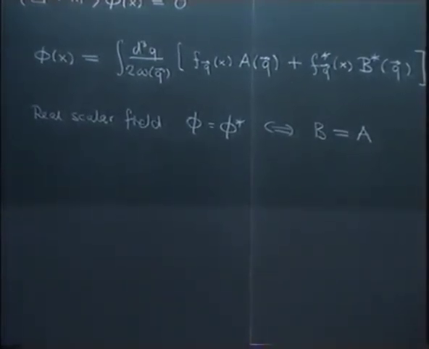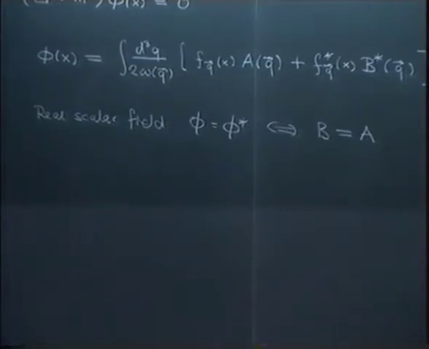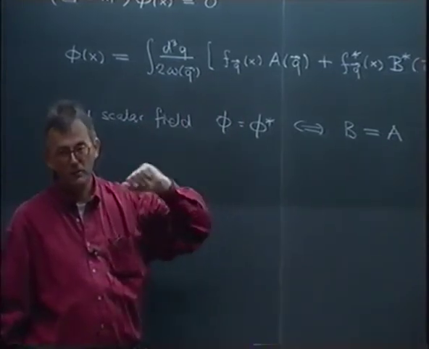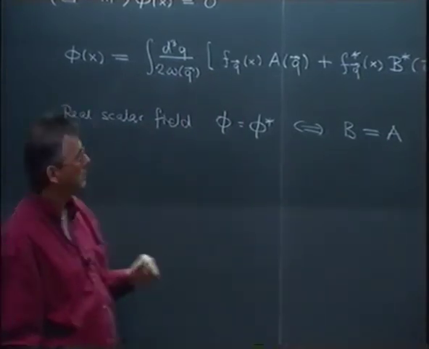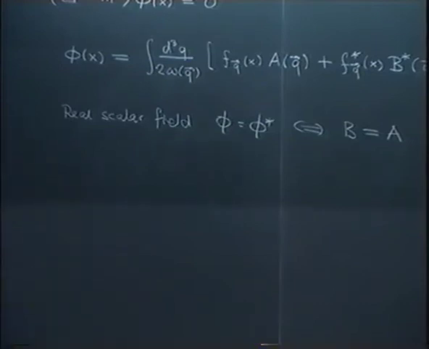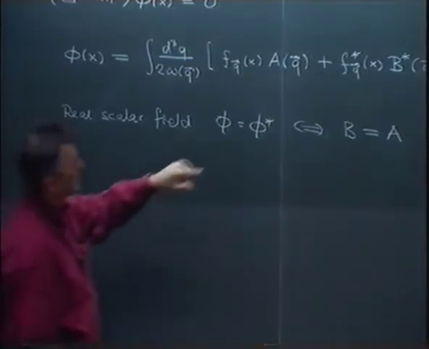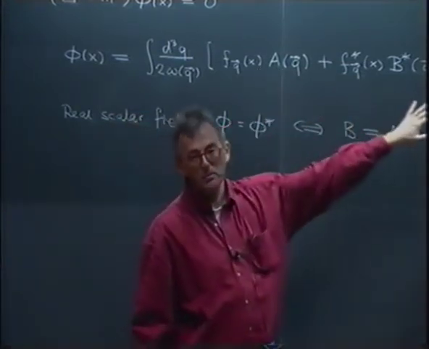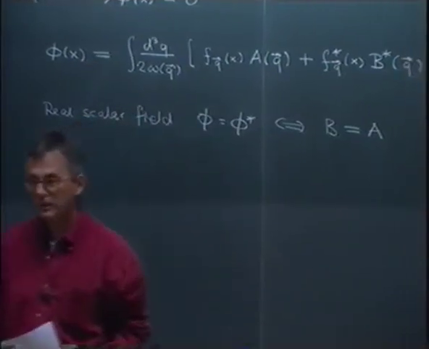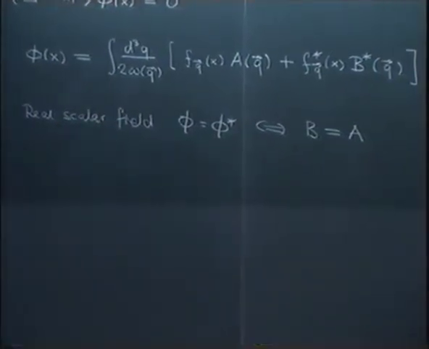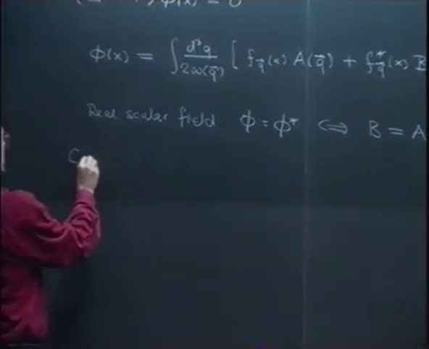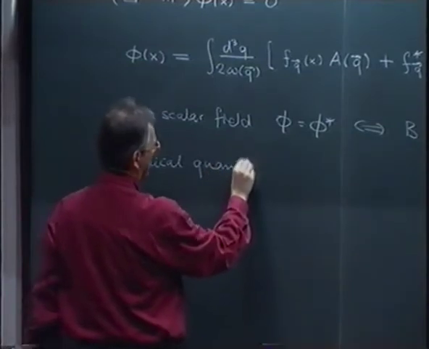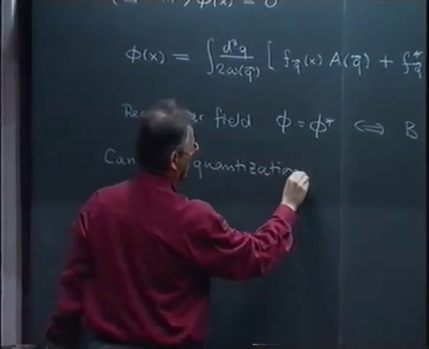So, as I explained yesterday, we think of this as a theory with infinitely many degrees of freedom, labeled by a continuous infinity of parameters. And when you go over to Fourier space and quantize the theory, then these A's and B's become creation and annihilation operators for particles. So upon canonical quantization, as explained yesterday,